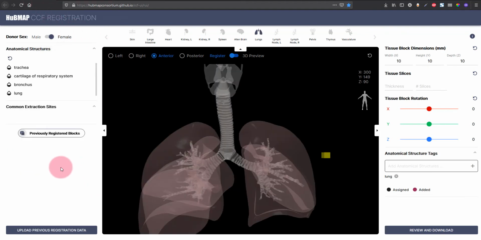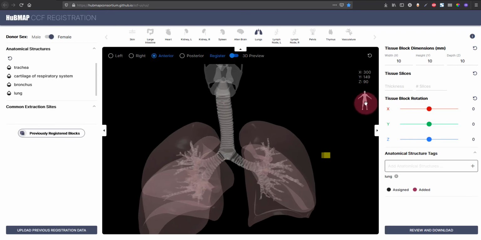So this is the anatomy pane on the left that really allows you to customize what you see here in the 3D pane. The 3D pane is where the actual 3D interaction happens. You can see that we are looking at the organ from a certain angle, from a certain camera perspective. And this perspective is also shown here on the right with this little mannequin symbol. So currently we are in the anterior view.